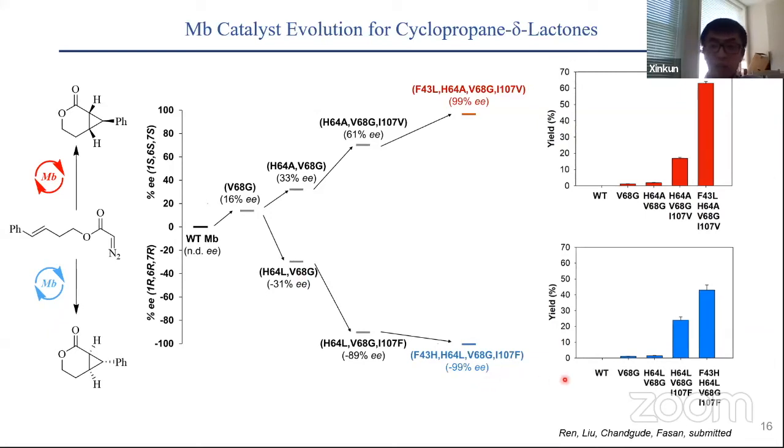Following a different evolution trajectory, we were able to achieve the catalyst for making the opposite enantiomer in 99% EE. And the reaction conditions were further optimized, and excellent levels of yields were achieved in both cases, with no erosion of the enantiomer selectivity. And this is actually a very good example to show how protein evolution can solve the problems in real